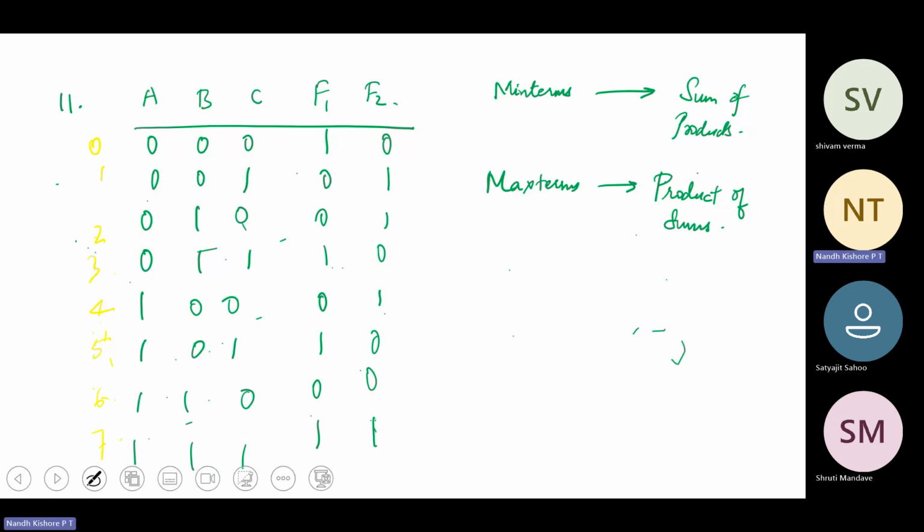So for min terms, you will look out for logic 1, and for max terms, logic 0. So for F1, it is logic 0 over here, here, here, and here, which means positions 1, 2, 4, and 6. So F1 in terms of max terms is